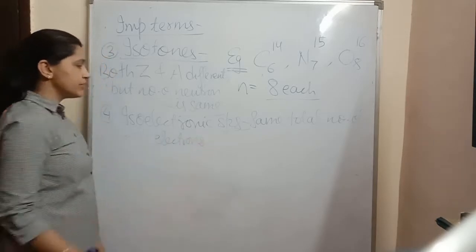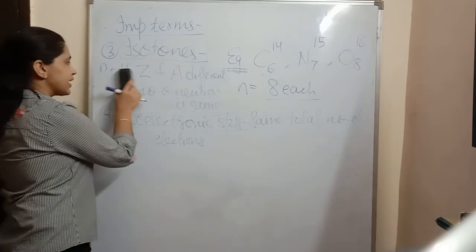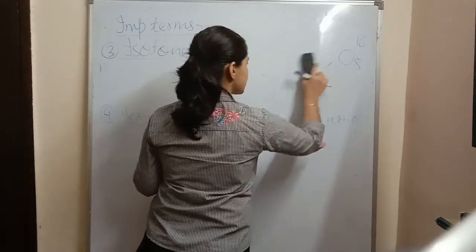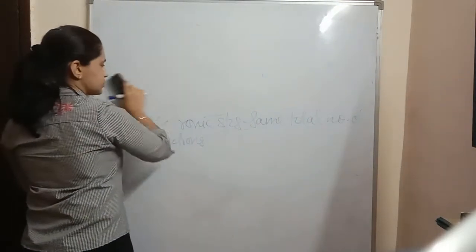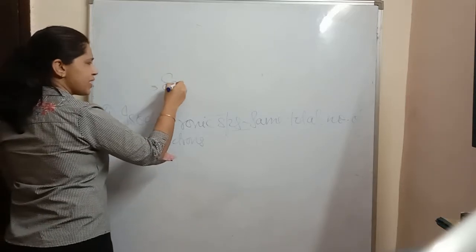These are isoelectronic, right? Can you frame any example of isoelectronic? But obviously isotopes are also isoelectronic. Isoelectronic, if you give any example,